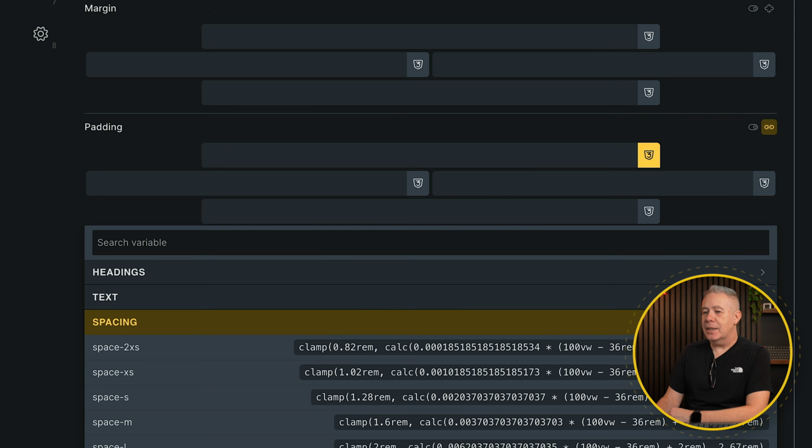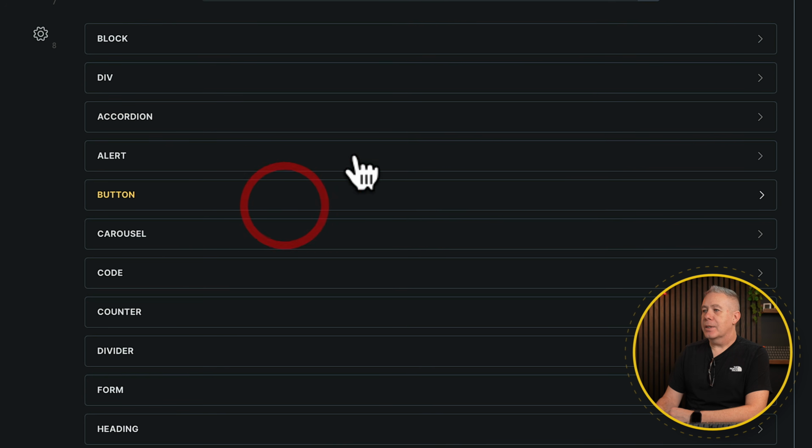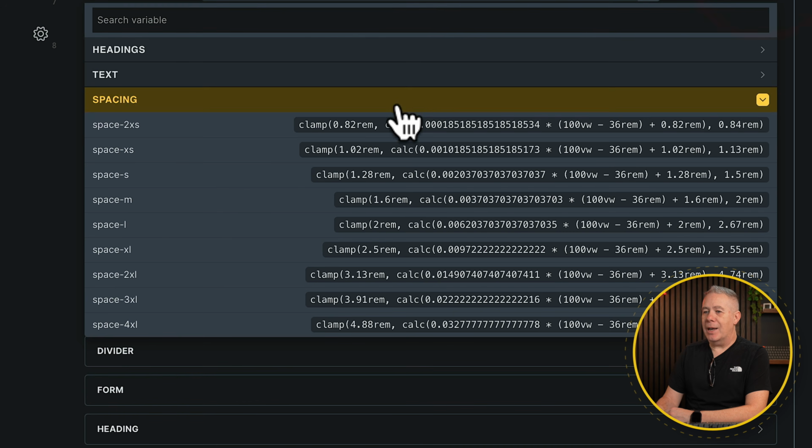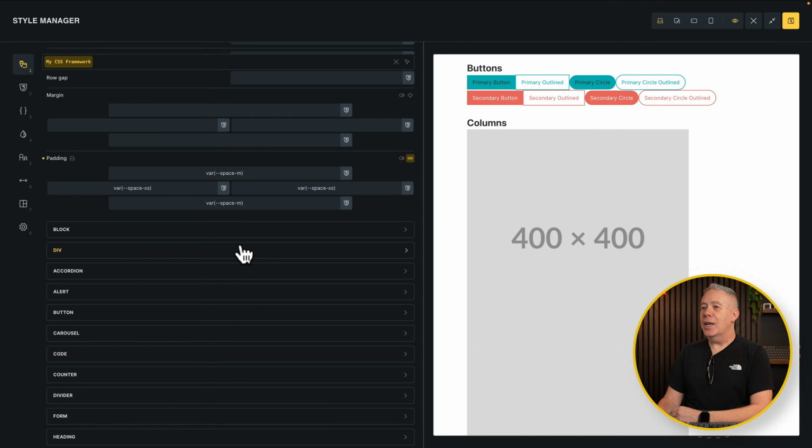So there's our spacing. Let's open this up, and let's say top and bottom, we want to have medium spacing. Then on the left and right, we want just a little bit of spacing, so maybe extra small, so we don't automatically butt up against the edge of our screen. Now whenever we add in a new section with a container inside it, it will automatically pick up the